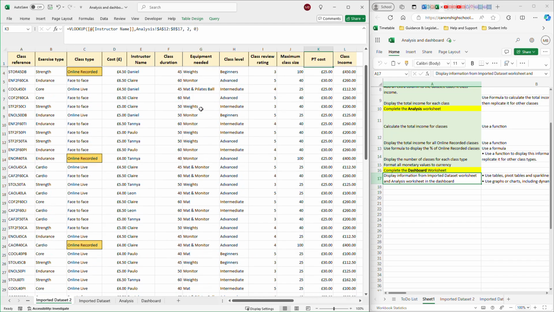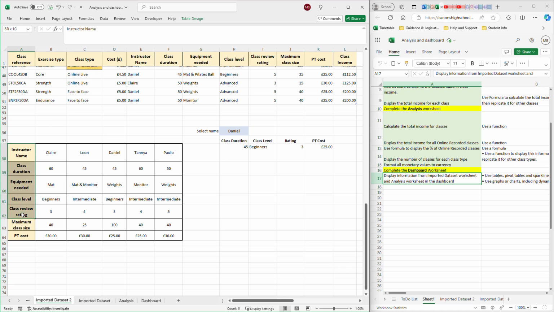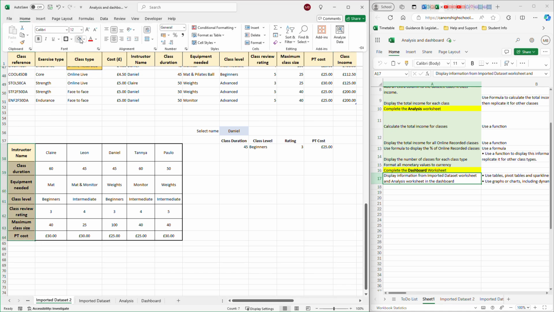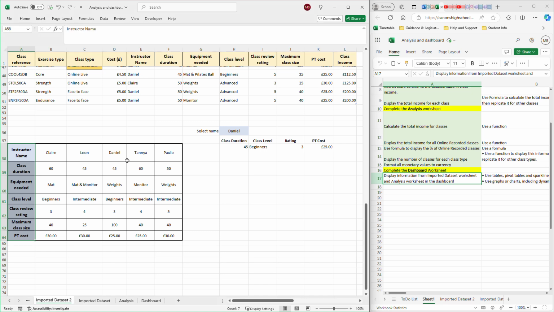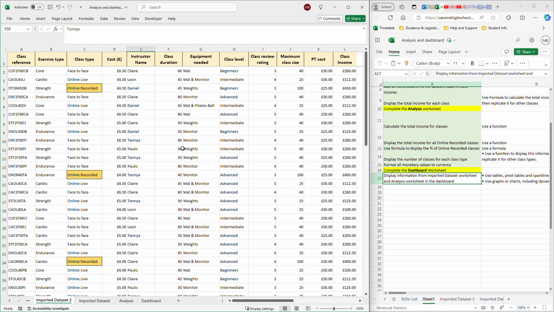Because look, this table is vertical, but what if we had a horizontal table? How would you do that? You can't use VLOOKUP for a horizontal table. So let's see this. To get a horizontal table, all we need to do is to